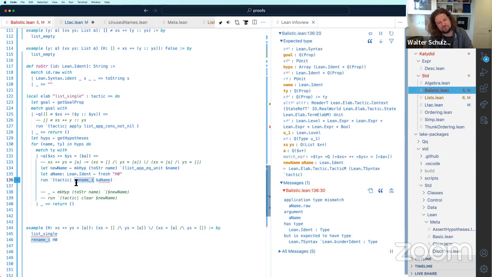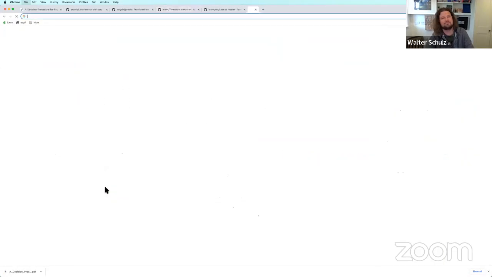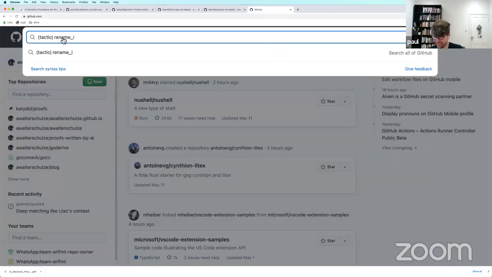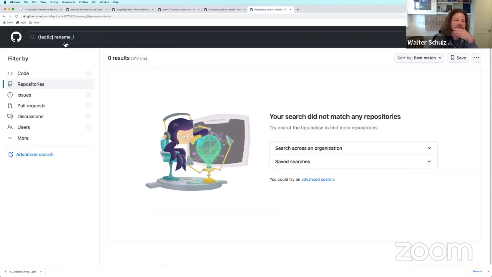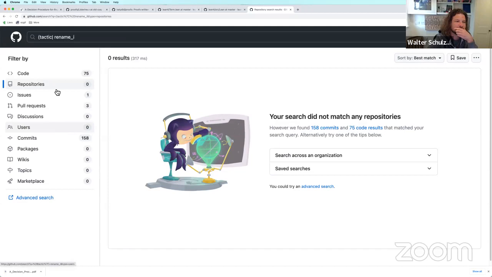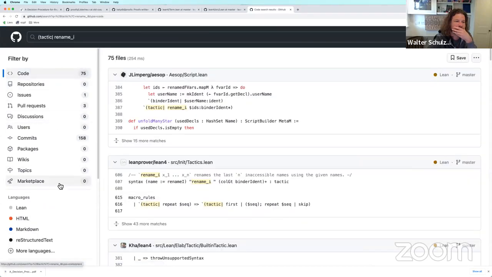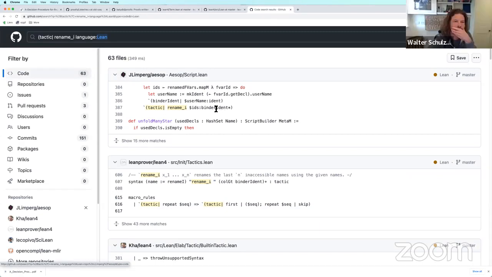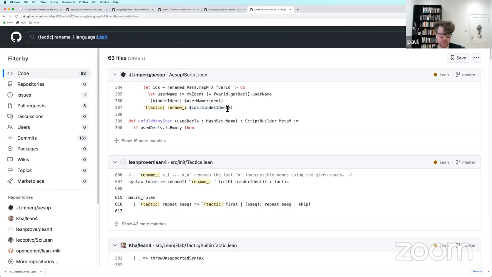But that seems like not a thing. Let's see GitHub search. Bind. So can we say colon binder ident? Yeah, let's see.